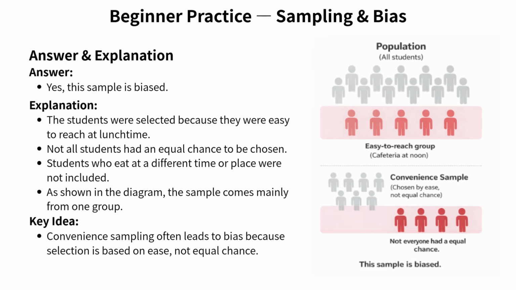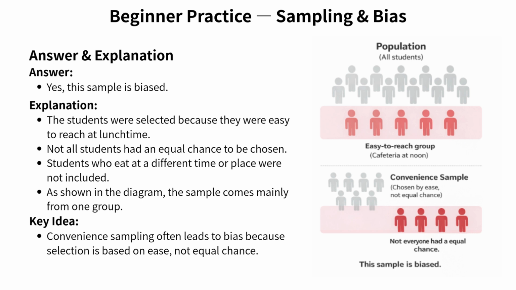Let's walk through the answer together. Yes, this sample is biased. Let me explain why. The key issue is how the students were selected. The principal surveyed students eating lunch in the cafeteria at noon. These students were chosen simply because they were easy to reach at that time. As a result, not all students had an equal chance to be chosen. Students who eat lunch at different times, bring food from home, skip lunch, or eat in other locations were completely